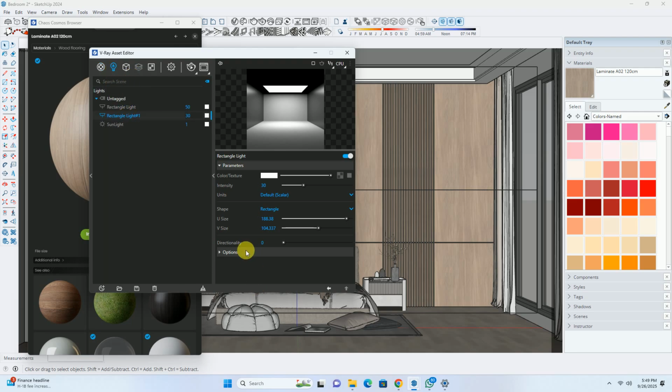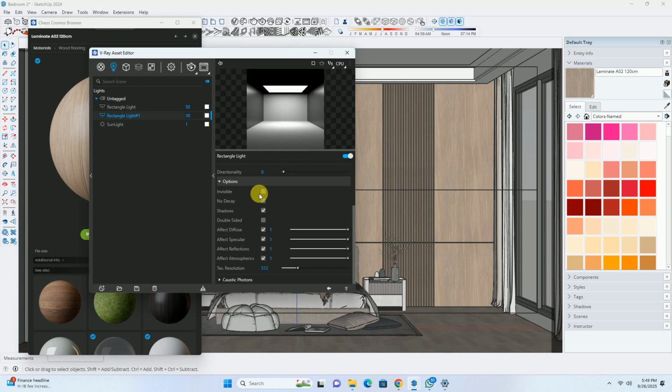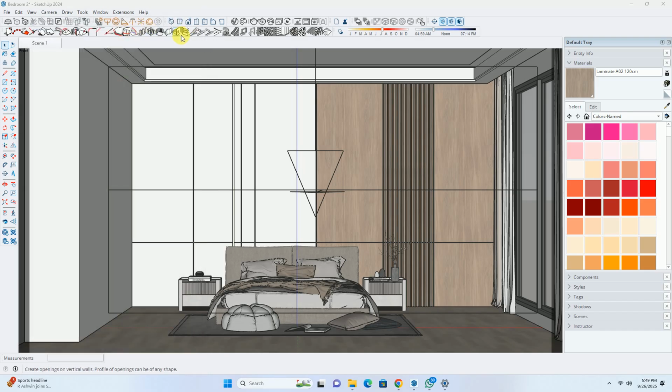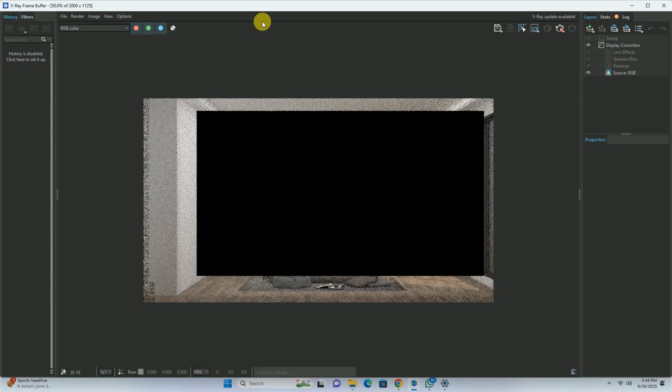There is another rectangular light that we have recently added. Now we'll have to convert it into invisible. And the second thing that we generally do is turn the shadow off, uncheck the shadow feature, uncheck the specular, and uncheck the reflection. Now we'll close it. Now we'll again click on interactive render.